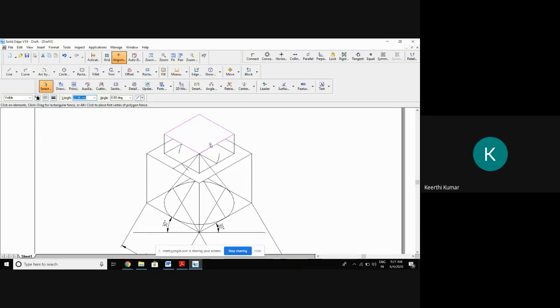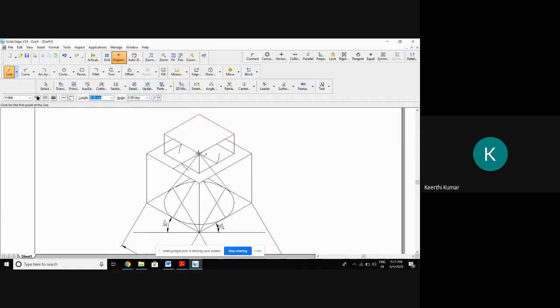Okay. After this, we want to put an ellipse here. To put an ellipse, what we need to do, can you tell? We are having a box here. We want to construct an ellipse here because the flat surface of the circle will look like an ellipse if I tilt it at an angle of 30 degree. So what I should do?